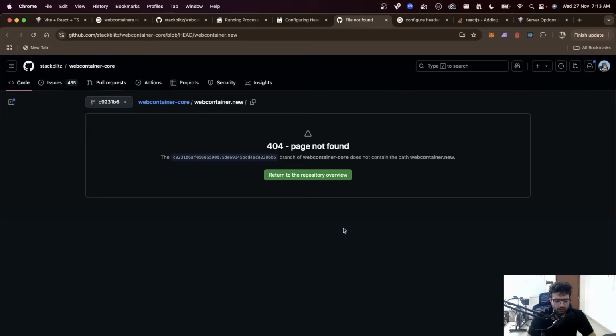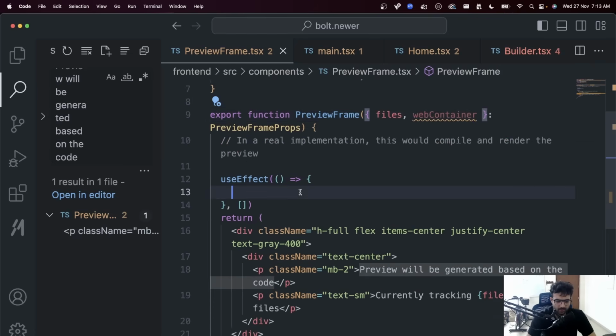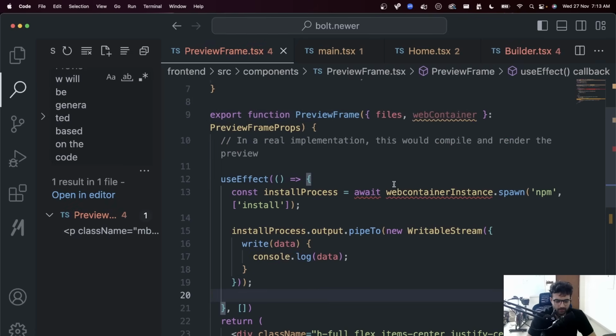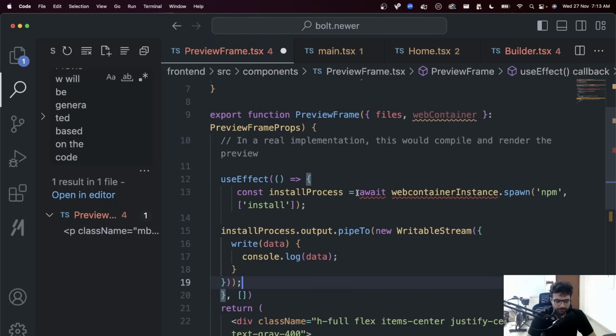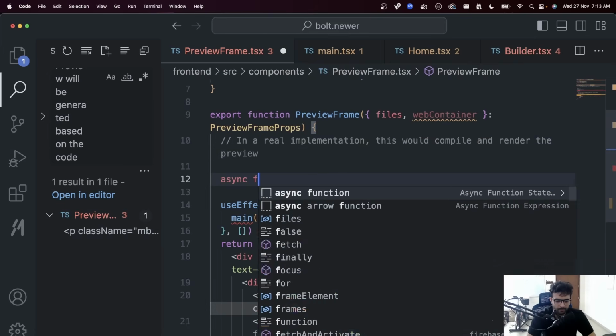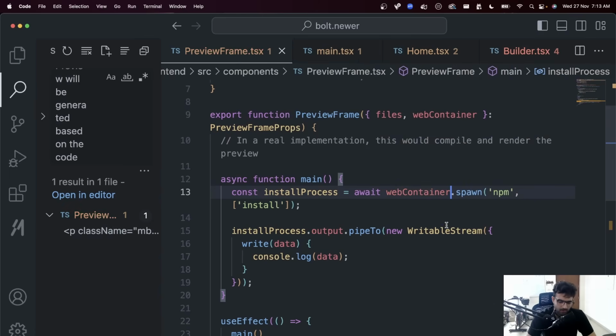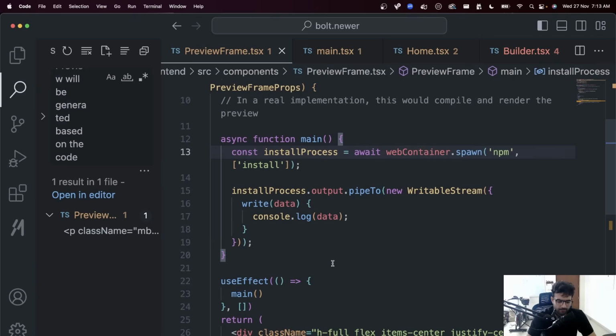Web container dot spawn npm install. Yeah, let's log it to the screen. Web container dot spawn, followed by npm install, followed by, whenever this happens,